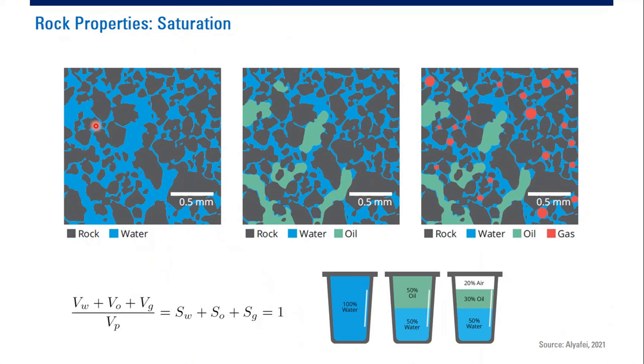Another property that is very important is saturation: oil saturation, gas saturation, and water saturation. If you combine all of these saturations, it will be one unity. So Sw + So + Sg = 1. Of course, what we want is a reservoir zone with high oil saturation, or it can also be high gas saturation, so that we can get the oil and the gas, and we don't like the water.